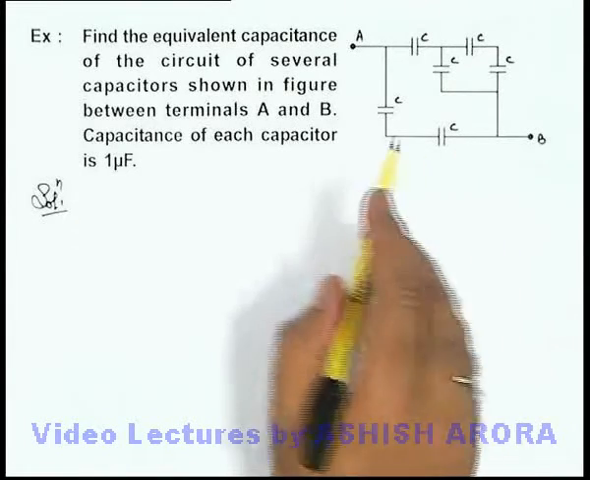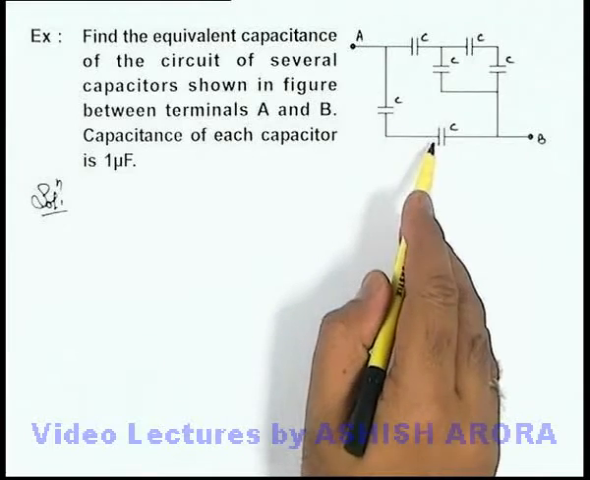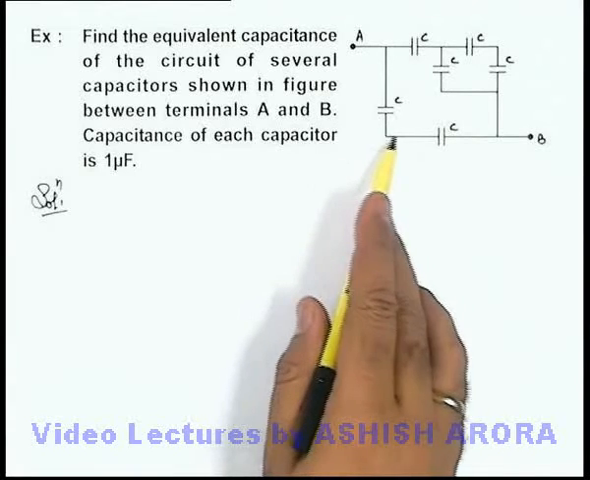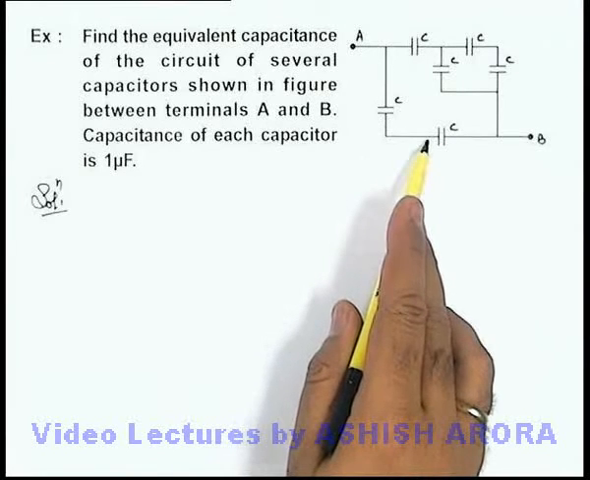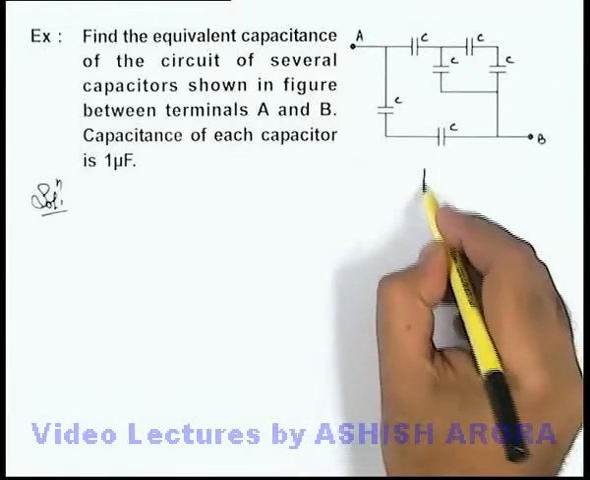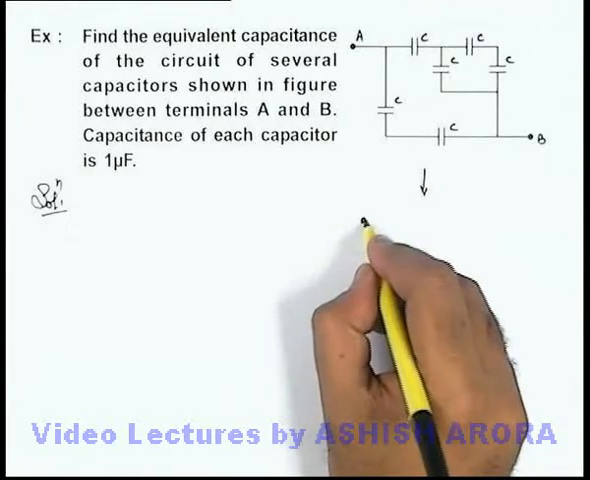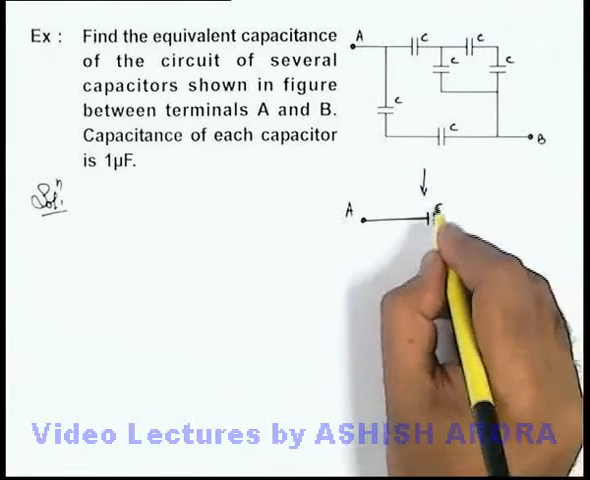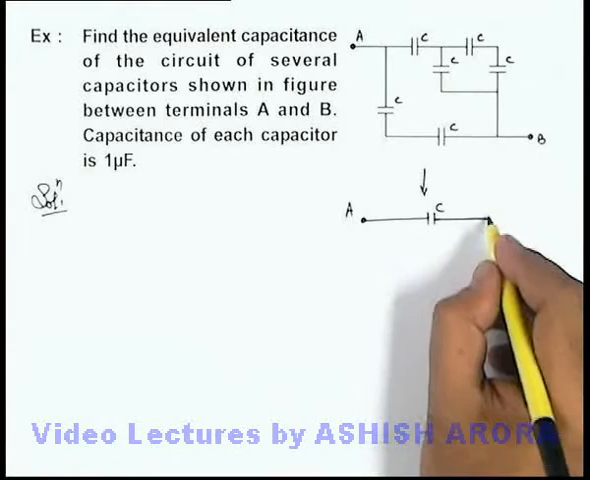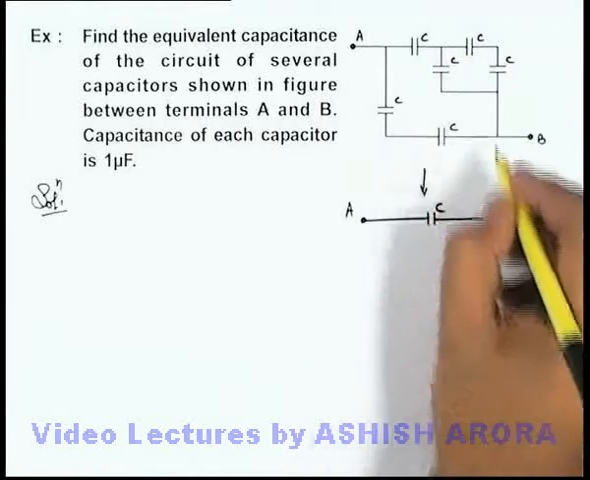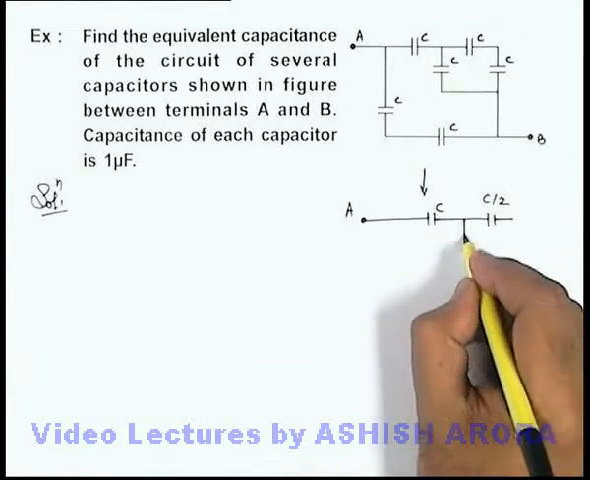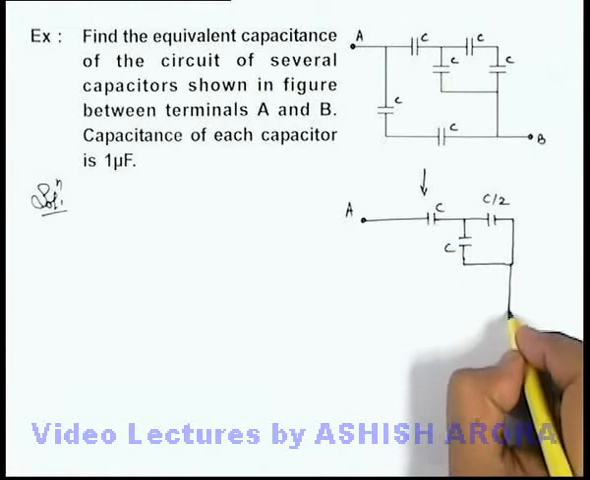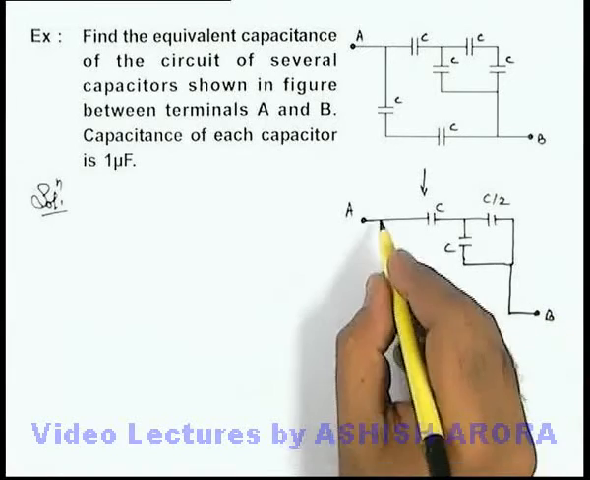And here we can see that these two capacitors are connected in series and these two are also connected in series. And we know when two identical capacitors are in series, their equivalent capacitance can be written as C by 2. So if we just reduce the circuit into a simplified form, here we can see from this terminal A, a capacitor C is connected and another capacitor, these two we can combine as an equivalent capacitance C by 2, and this is the capacitor C which is connected here, and this is the terminal B,